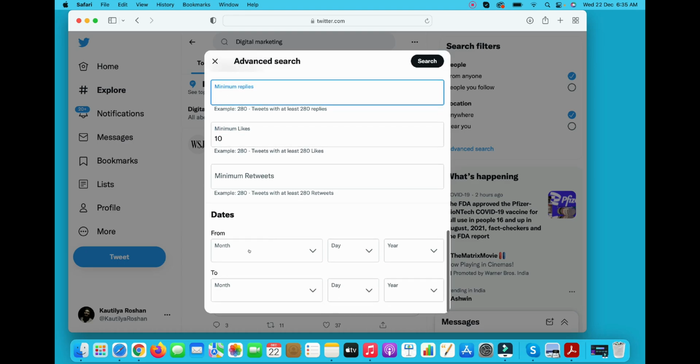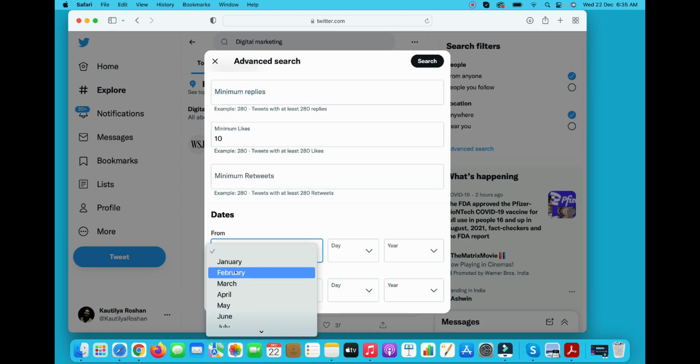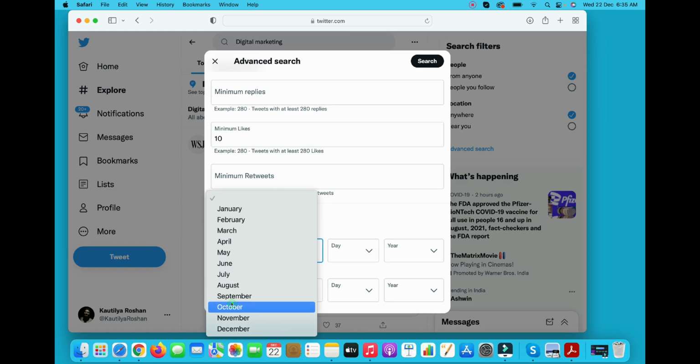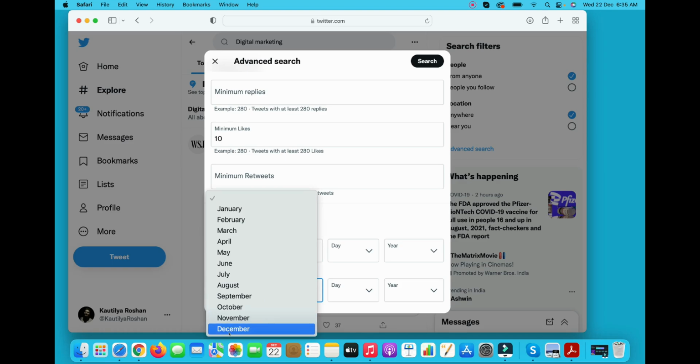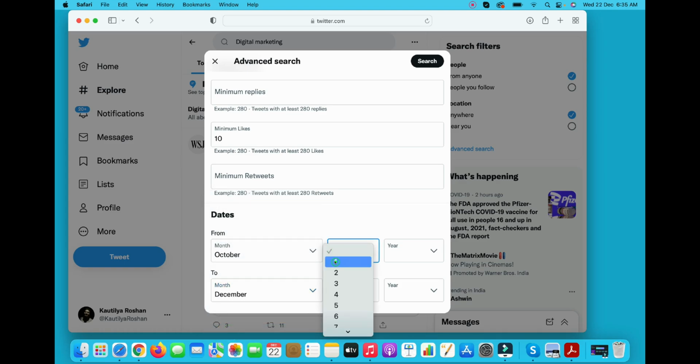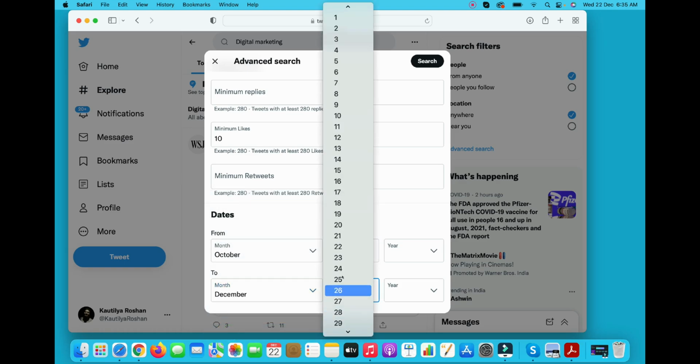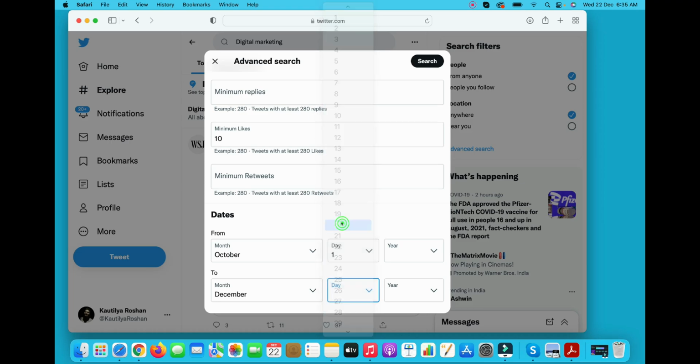And again, suppose I want to check all the posts that have been posted using hashtag digital marketing from the month of October to the month of December. So suppose October 1 to December, for example 20, and year 2021.